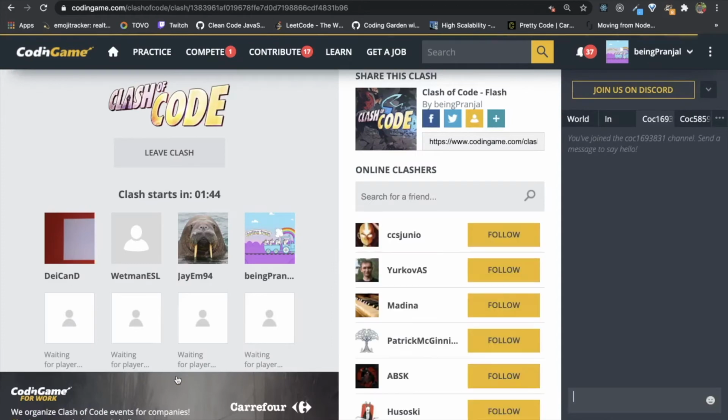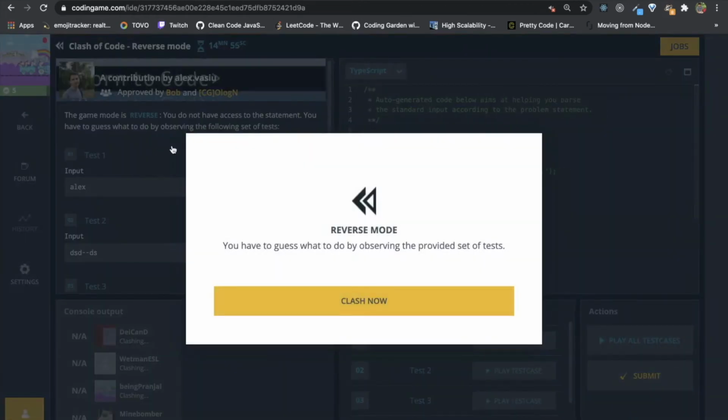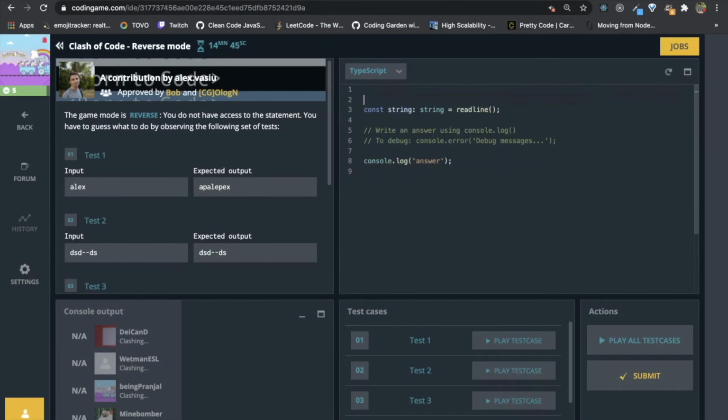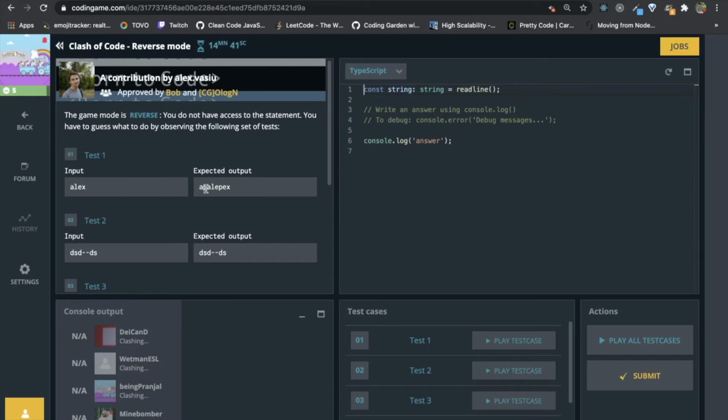Okay, let's play another clash. It is reverse mode, where we don't have access to the problem statement. We need to guess the problem statement by looking at the input and output.